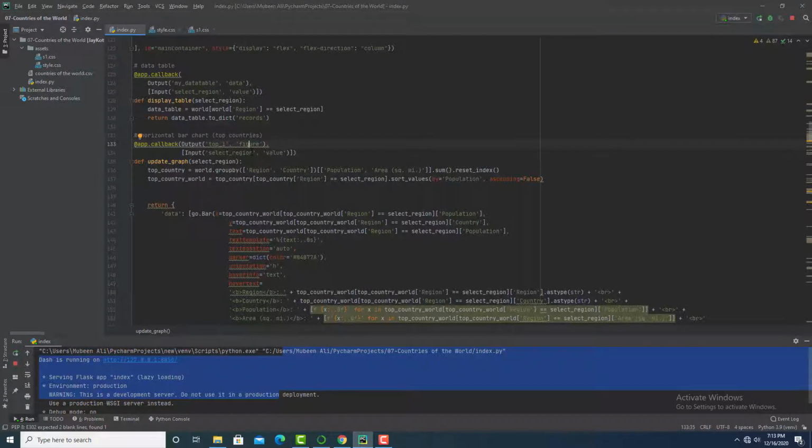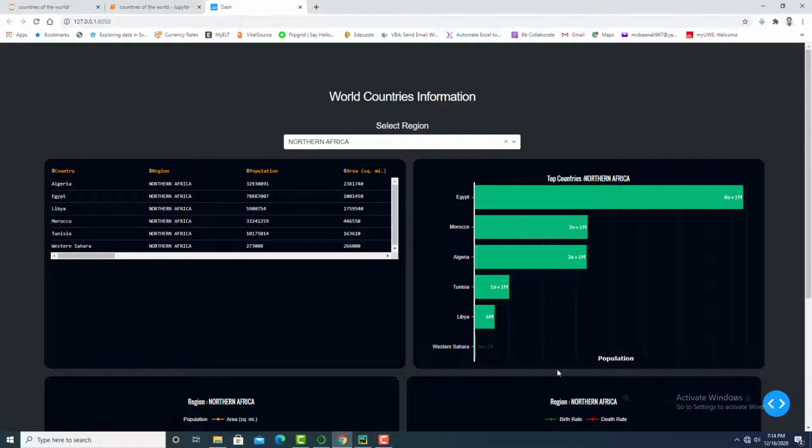I have used the same ID in this argument as key. Then I have used the group by function to get values of population and area for each region and country. As we can see here, this horizontal bar chart displays top values ascending to descending.